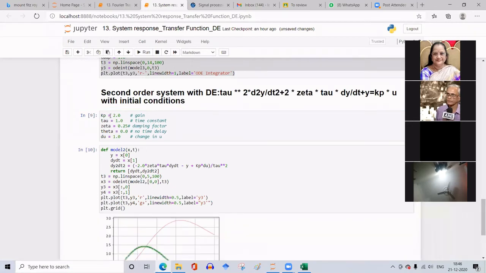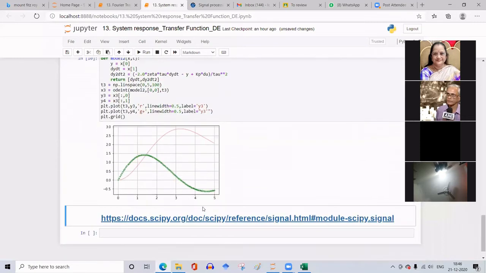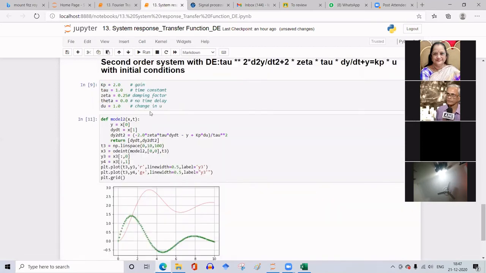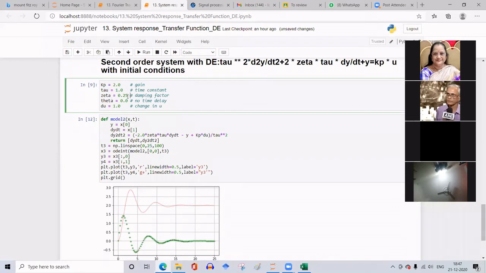So for these values, Kp is equal to 2, tau is equal to 1, and zeta is equal to 0.25. I'm getting the curve between 0 to 5. Let me increase the time scale to 10. You can observe the oscillations because I'm giving zeta equal to 0.25, which represents an underdamped system.